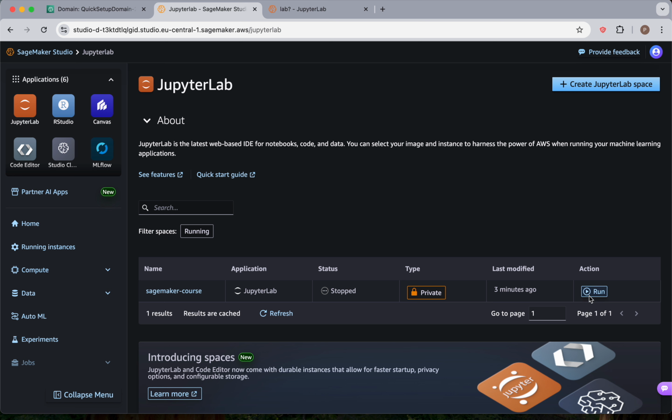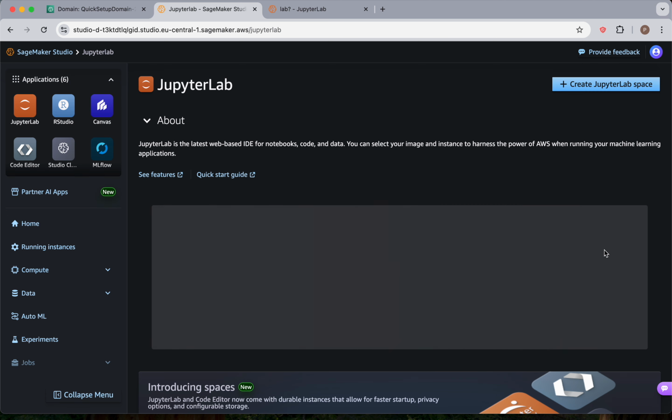Now, I want to run it again because I want to show you the main differences compared to the old Studio Classic. One of the great things about the new Jupyterlab 4, besides that it has PyTorch installed on it, Transformers library, and everything else behind the scenes, is that it's so much faster than the old Sagemaker Studio Classic notebooks, especially on startup. So if I refresh this, oops, it was actually already there. I can open it,